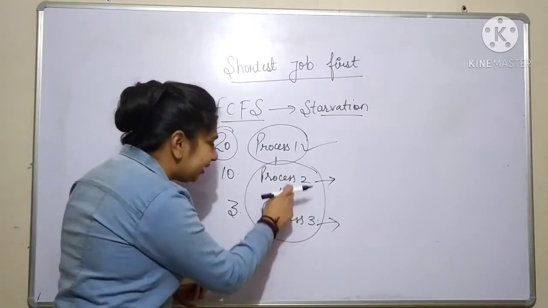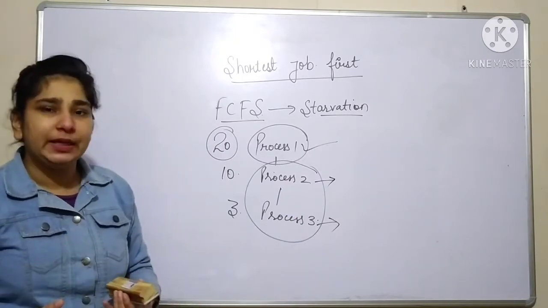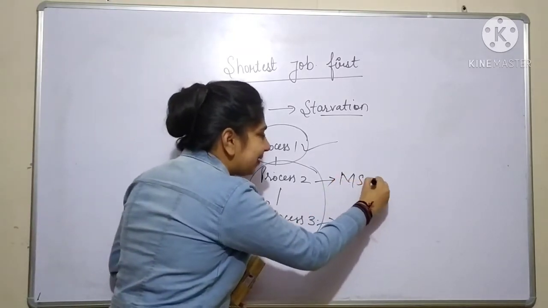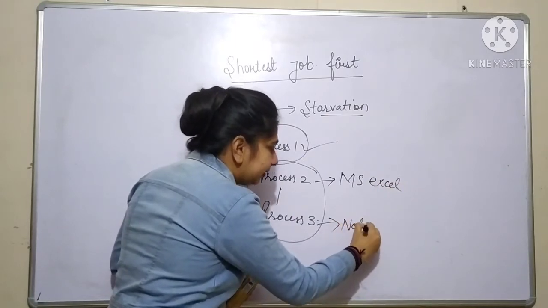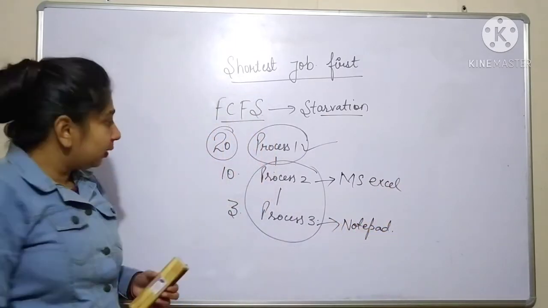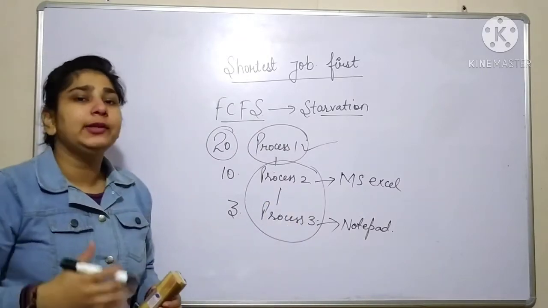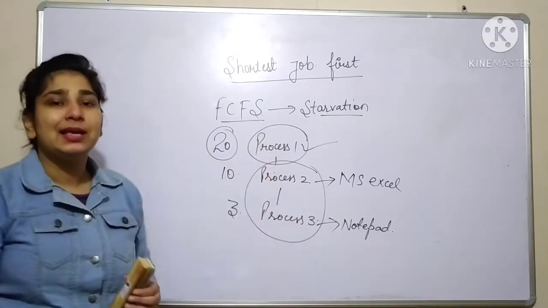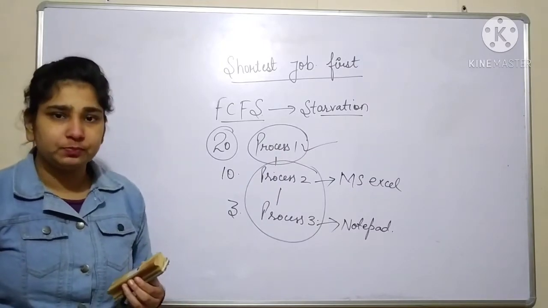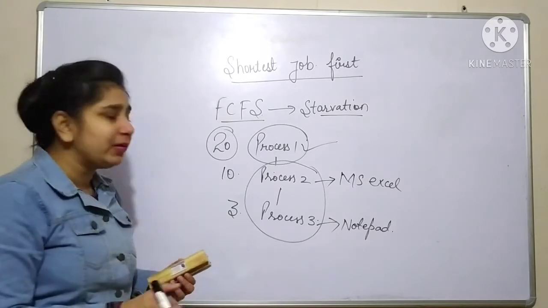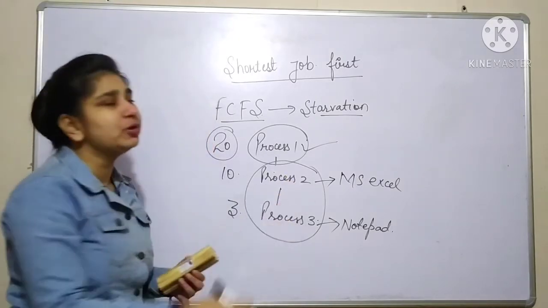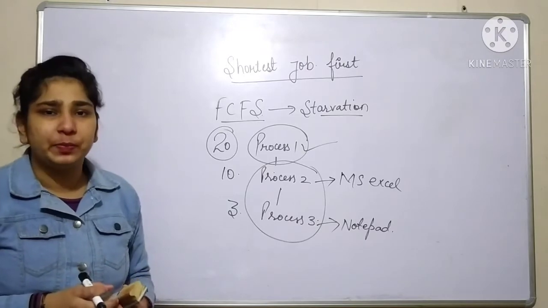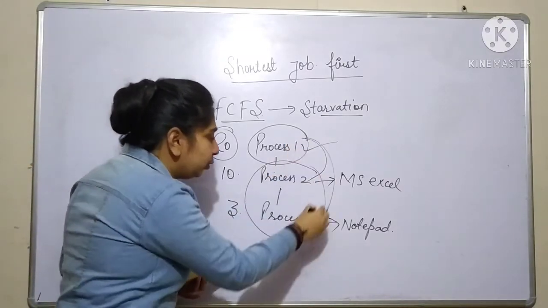If you click on these 2 files, they are not opening. They are not getting executed on the CPU. Let's suppose we have MS Excel and Notepad. These 2 processes are not opening, even though you are clicking on these files while your first process is executing on the CPU. You are not getting any response from the CPU for these 2 processes. So we have to reduce our response time. We want to execute all the processes